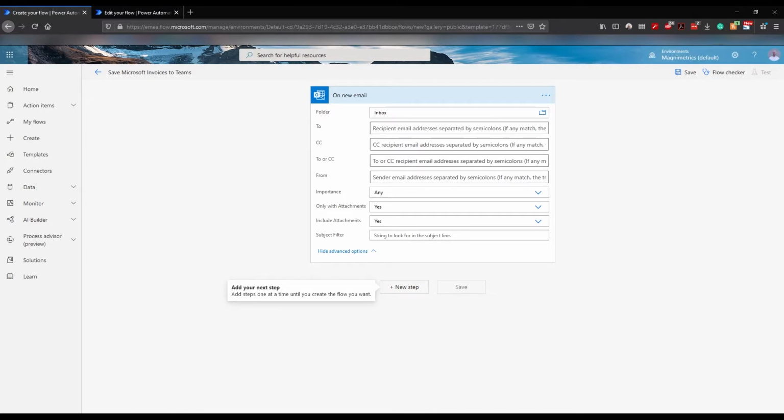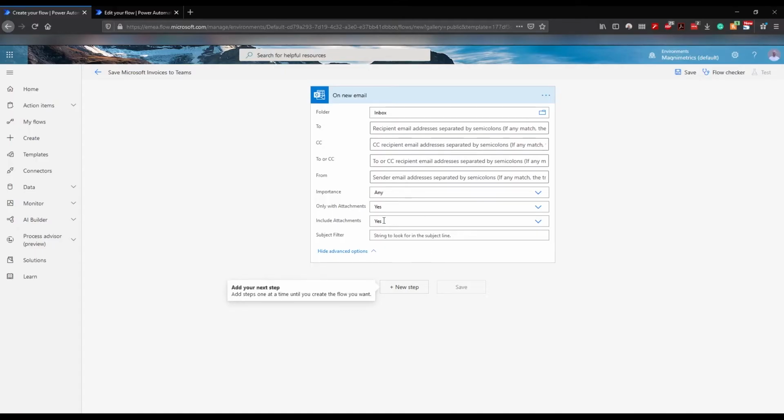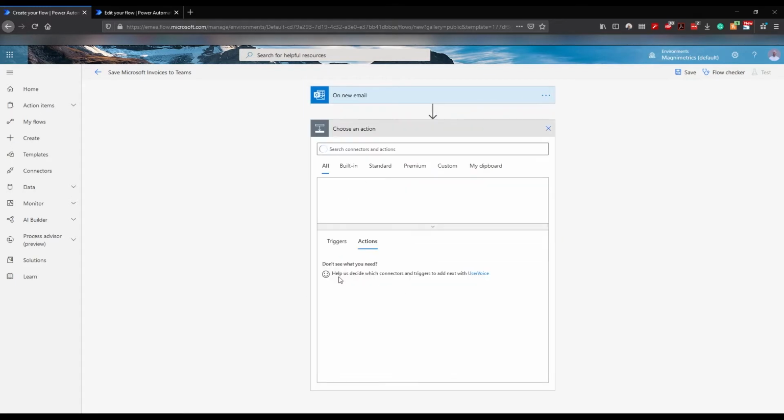So folder that the emails come into will be the inbox, and we want to have Microsoft 365 Business Basic Invoice as part of our subject. So we come here and we want those that include attachments, and the subject should contain this thing. Okay, so that's our identifier for our incoming emails. Let's create a new step,